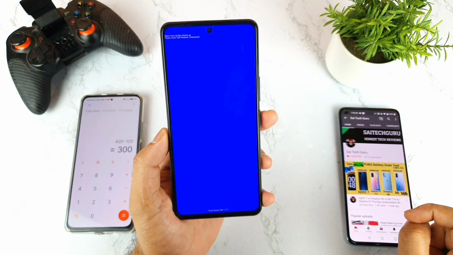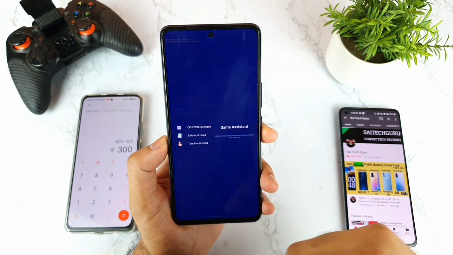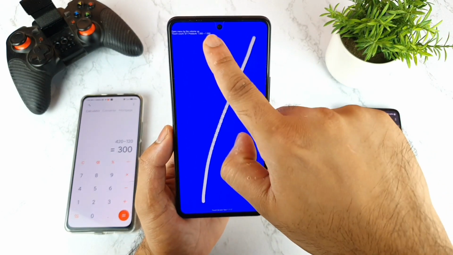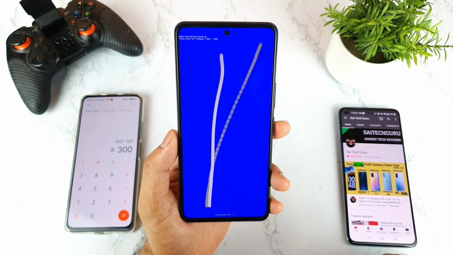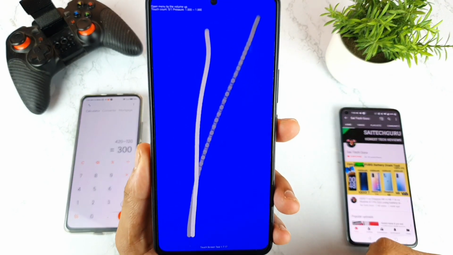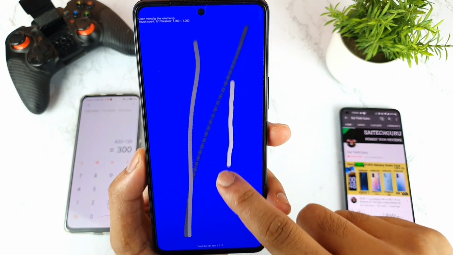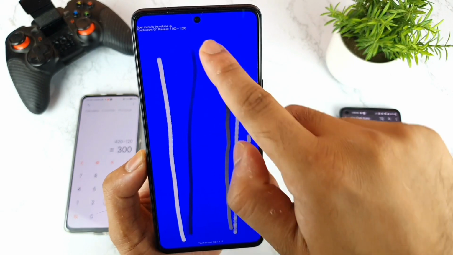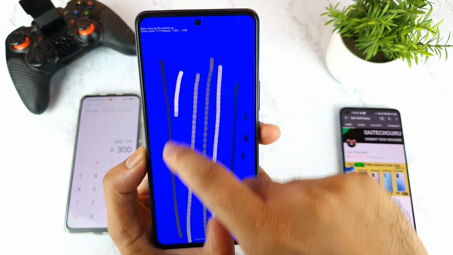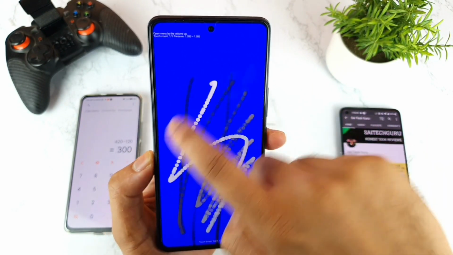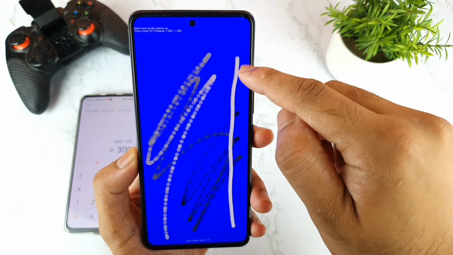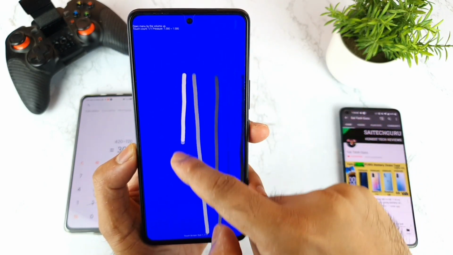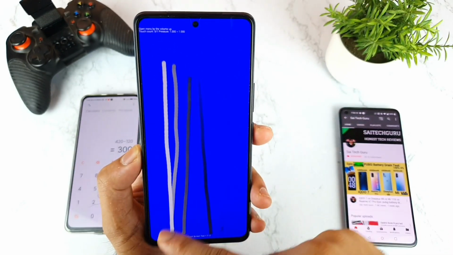Let me try to check this. Next is a screen touch test, which is also added into the Ultra Game mode. Yesterday I did not see that kind of straight line, but today I'm seeing a straight line, as you can see clearly, friends. In yesterday's video I did see dots, something like that, but today I see the straight line. You can clearly see, friends, the straight line in this IQ7 device right now.